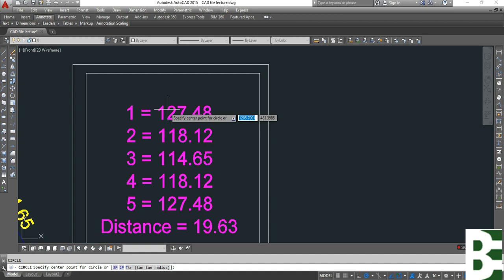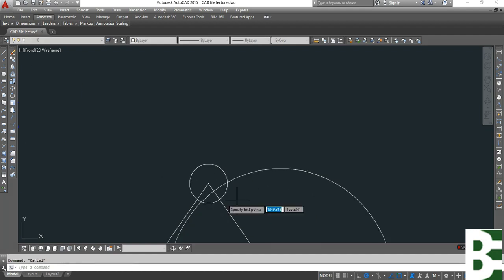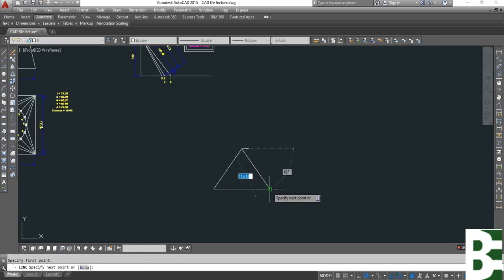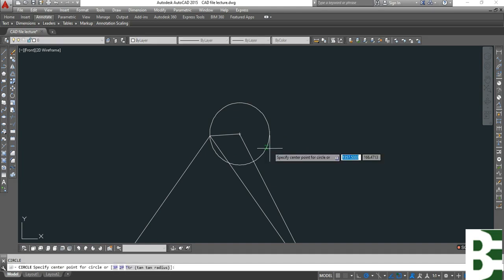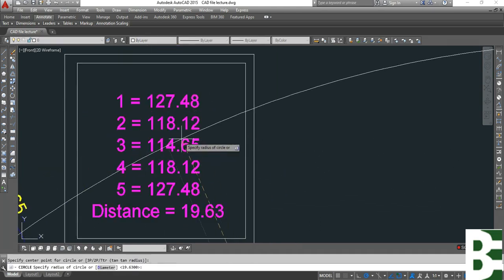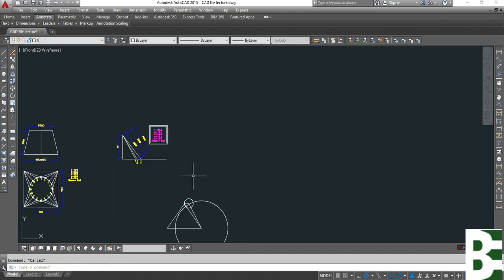Now from here, this distance 19.63, I will draw a circle, and for number 2, because I already mentioned number 1, this is number 2, and where they are touching, I will draw a single line. From here I will repeat the same process, 19.63 circle, and number 3 is 114.65. Another circle is